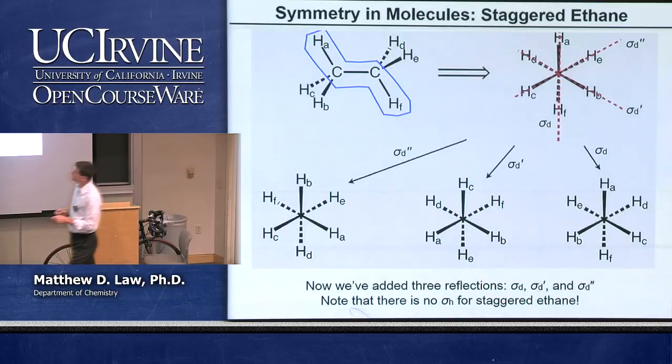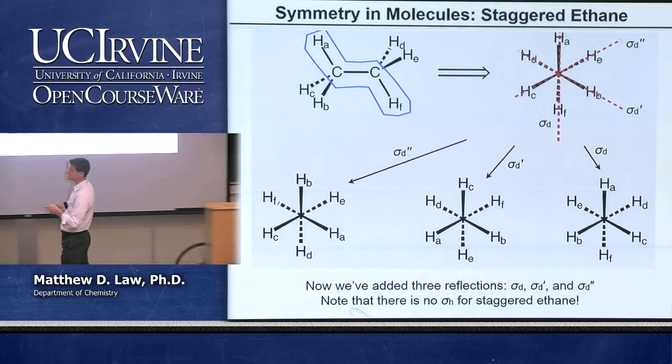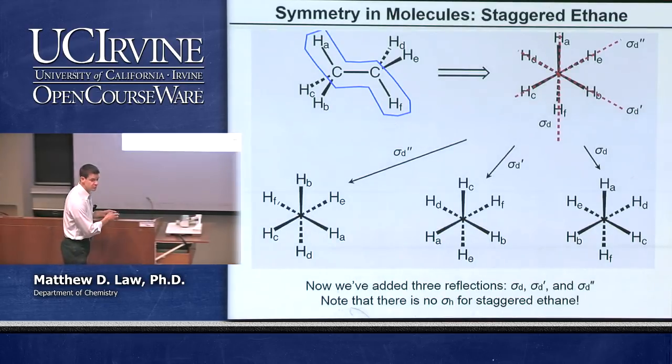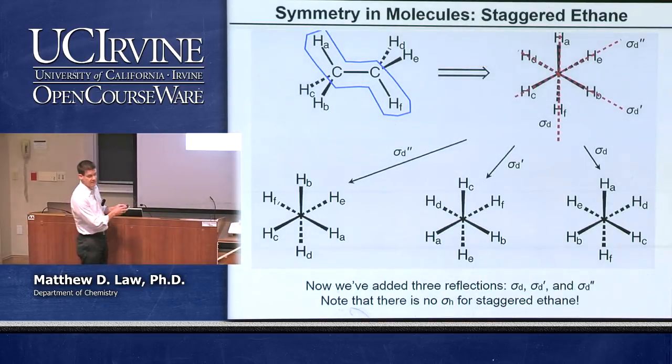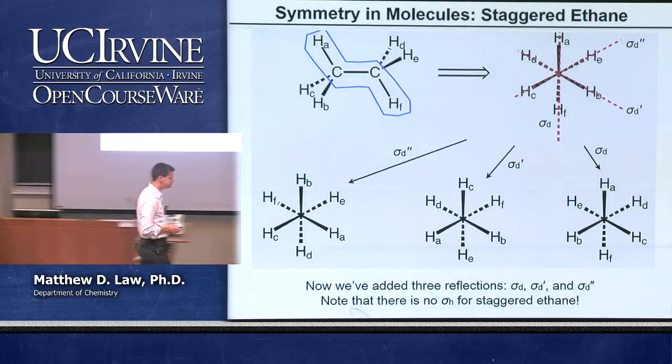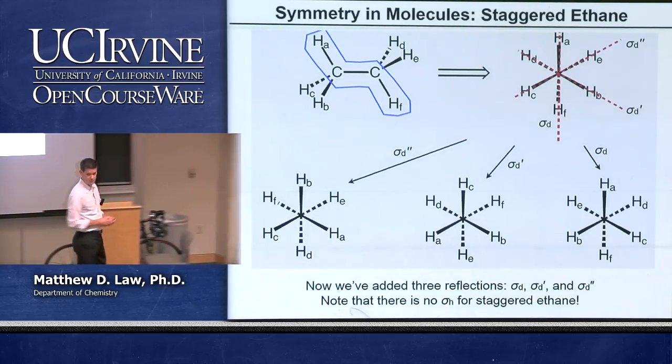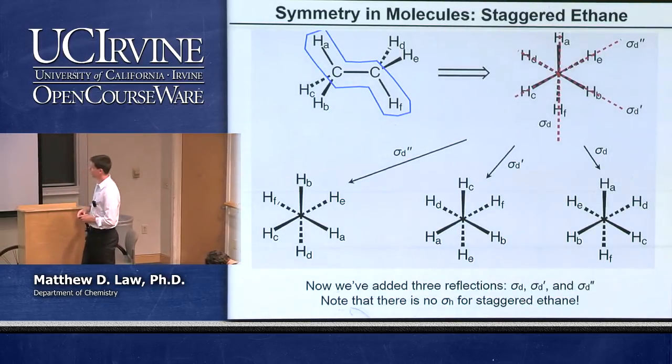One thing that's important to note, or to ask ourselves, I guess, is there a sigma H, a horizontal mirror plane in this molecule? The horizontal mirror plane, remember, is the one that's perpendicular to the principal axis. And so that would have to be a plane that cuts right here, perpendicular to the principal axis, which is this axis, the C3 axis. So is there a mirror plane here? And the answer is no, right? Because if you reflect through the plane, HA would go over here, and there's no atom there. Okay? So sigma H is not a symmetry operation of this molecule. So we have 9 so far. Okay? Are there any more?